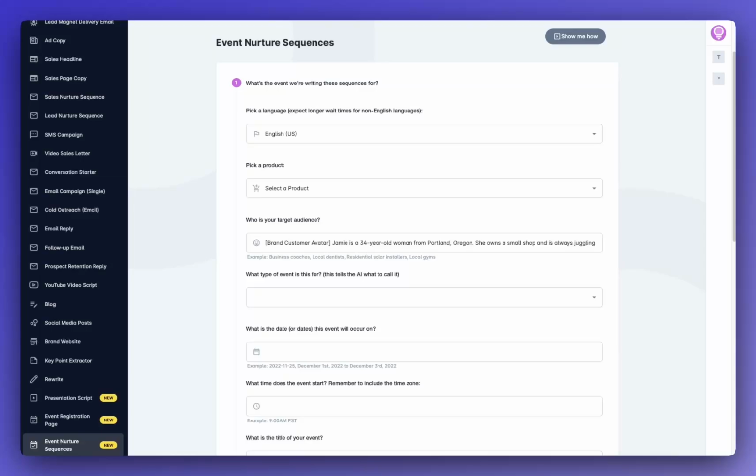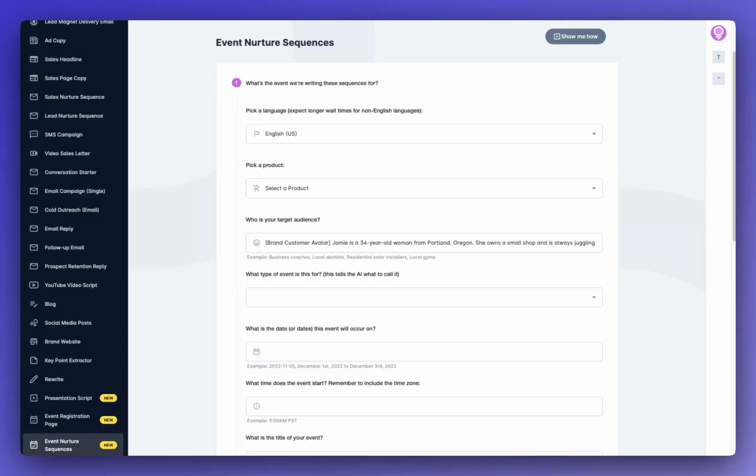You want all of your email nurture sequences in place, which is often the hardest part of all of it, right? The event nurture sequences module is going to help you create your email sequences, which include your invitation sequence. So once you have your registration page and your content going, now you want to send out a sequence of emails to your email list to invite them to the event. So you're going to need a sequence of invitation emails. Once they register, you'll want a registration confirmation email and then a sequence of emails after that to remind them and keep them excited about the event that they are going to be attending and counting down the days until